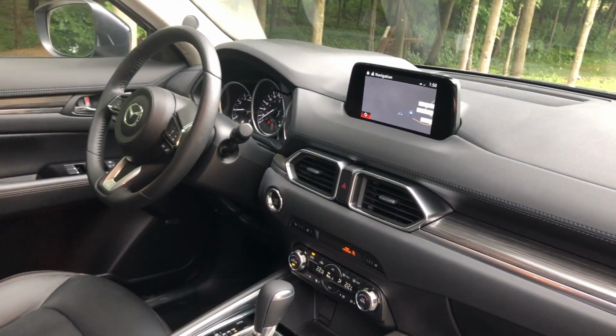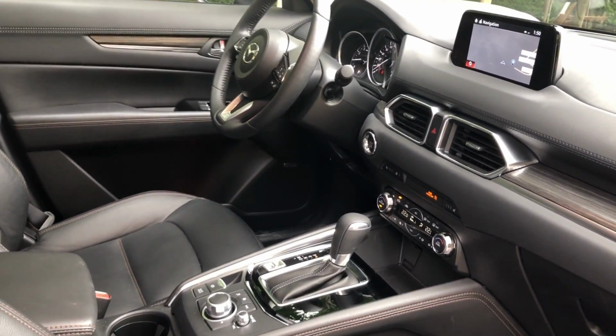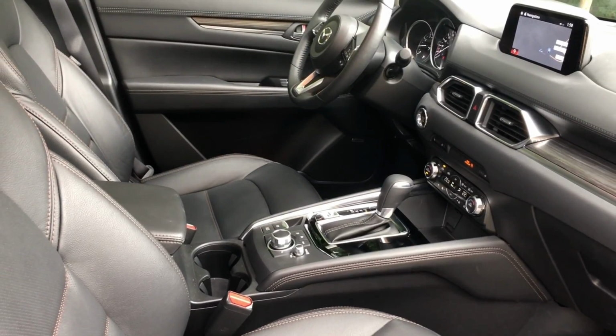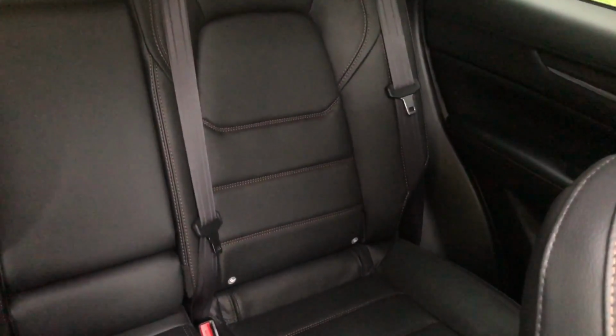But if they want to stay with the market, not even ahead, because they're not ahead in terms of what these vehicles have to offer, if they want to stay competitive, they are going to need to get serious. I do see Mazda waiting to come out with a signature trim before we're going to see things like ventilated seats or that 360-degree camera. But it would be nice. I mean, a black headliner would be great. Maybe if they add some suede like they did with the Mazda 6, it would make it look really good